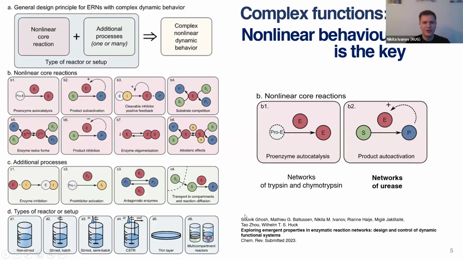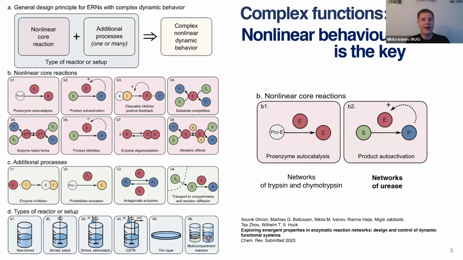My colleagues and I recently published this very fundamental review on artificial enzymatic networks and how to create all sorts of these emergent properties in them. I would like to focus on one particular aspect in this presentation, but I'll start in general. Basically, the networks that are found in living systems usually consist of hundreds of connected reactions, in some cases tens. And as I see from visiting the seminars, you actually have quite a lot of success in modeling these networks with tens and hundreds of reactions.